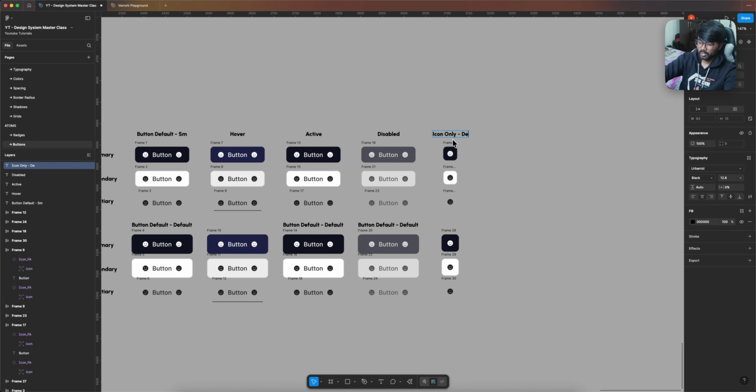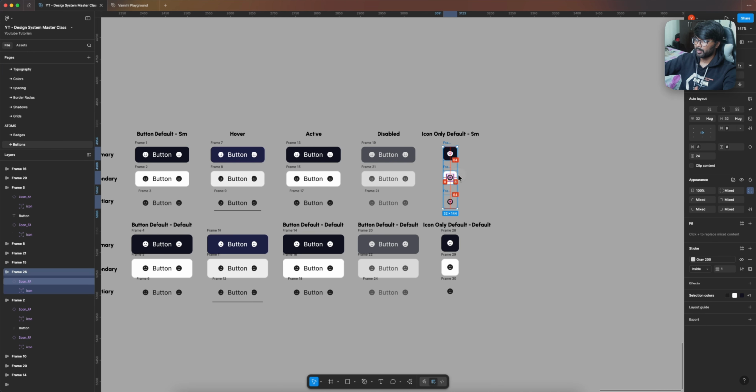This is default, right? This is default state, icon only default and default one, right? These labels are just for your reference. And let's copy these,